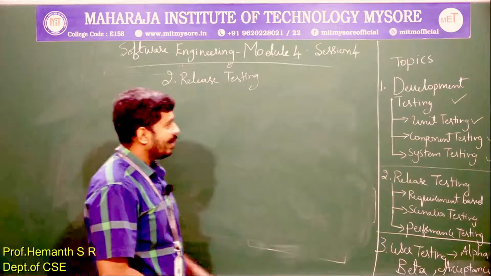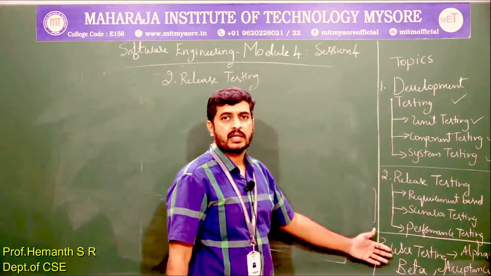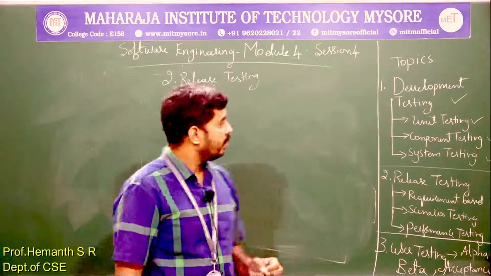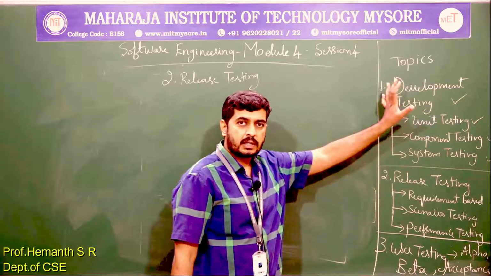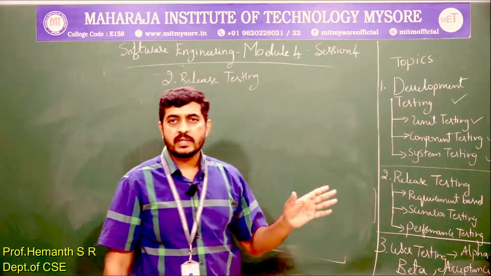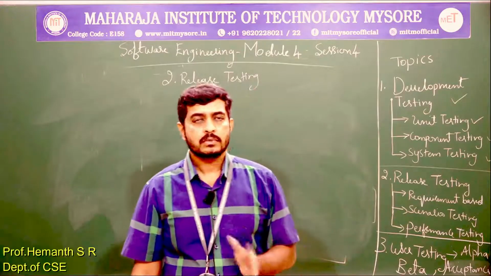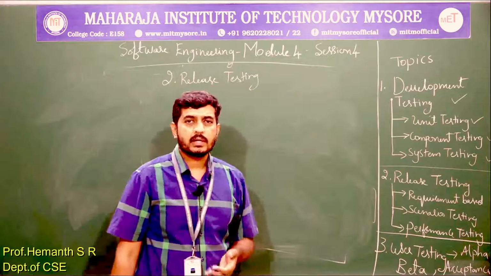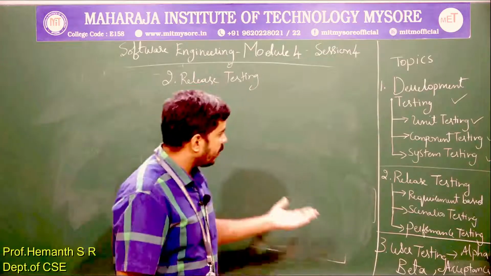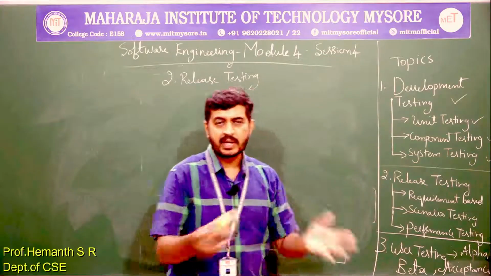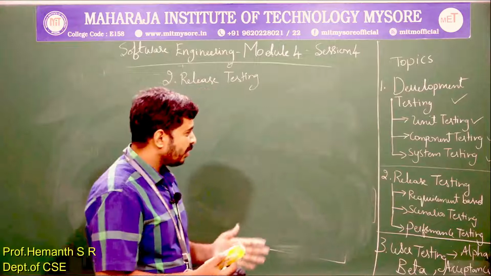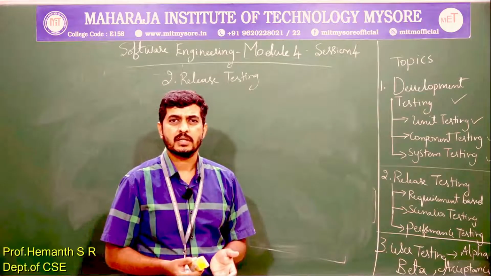Now we understood development testing, release testing and user testing are the three stages in which you can test a software product or a system. We understood when development testing is done: when you are designing the software, when you are coding the software. Now, when will release testing be done? After you design and develop the software, as you already saw, we have done the system testing, meaning you have integrated all the components and come out with one single software or system. Meaning you are almost complete with the software.